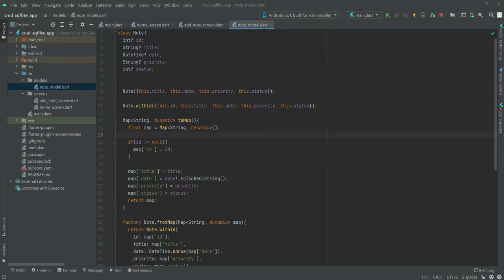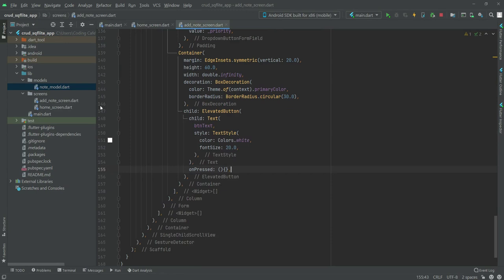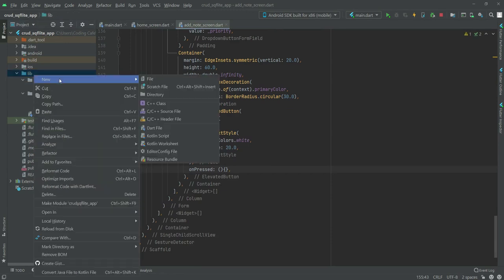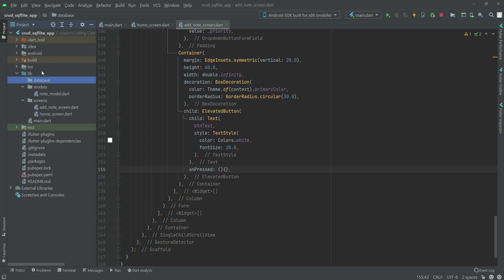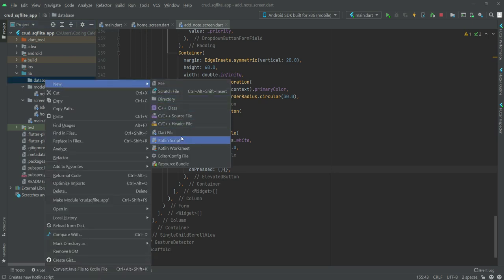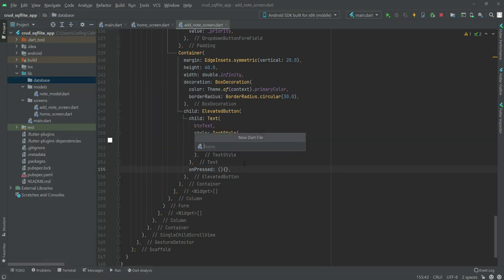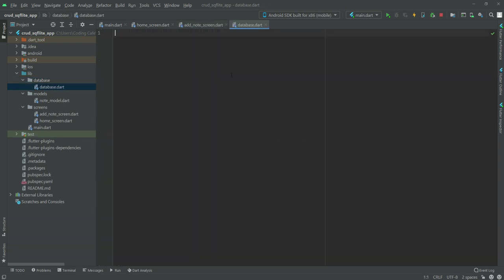Okay, so in the previous video we created our node model, and now in this video we will create our database. So in the lib folder we will create a new directory by the name of database, and inside this database directory we will create a dart file by the name of database. So right here we will create a class by the name of DatabaseHelper,